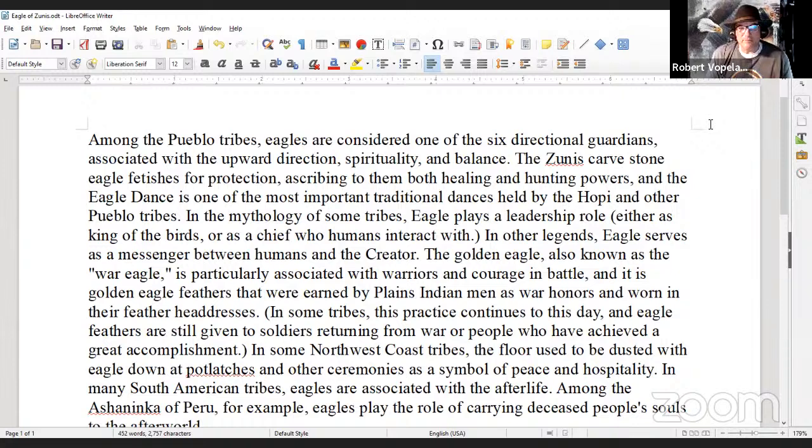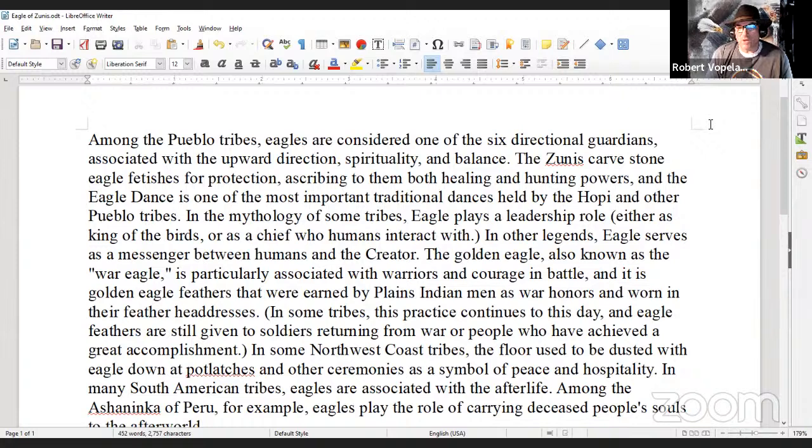In the mythology of some tribes, eagle plays a leadership role, either as king of the birds or as a chief who humans interact with. In other legends, eagle serves as a messenger between humans and creator.